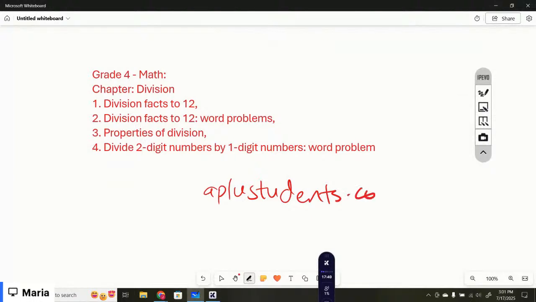You have to log in there using your email address and password as provided by the administrator. Then you have to select math from the subject tab. Scroll down to grade 4 math and then click on view all lessons. So please make sure